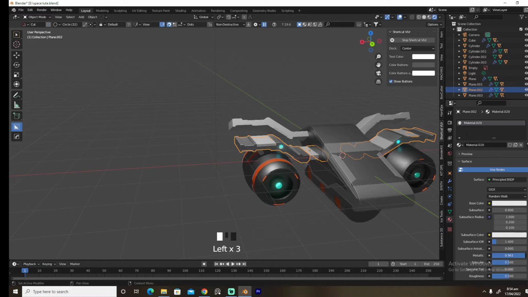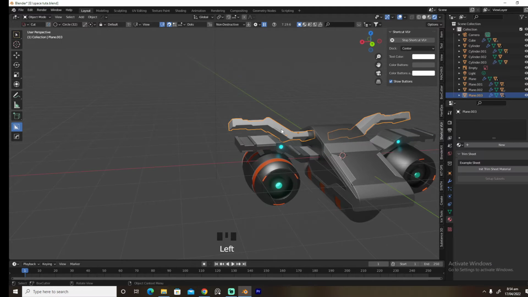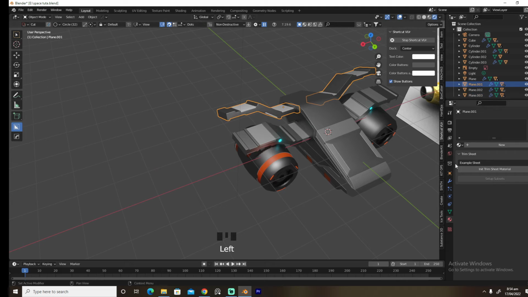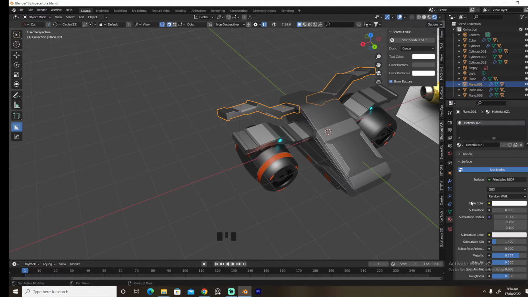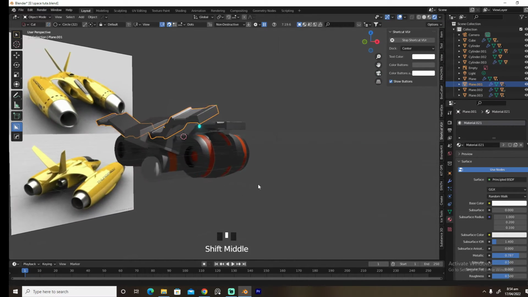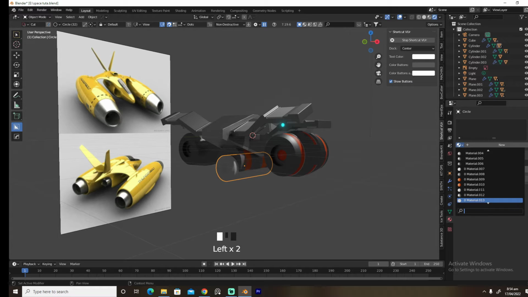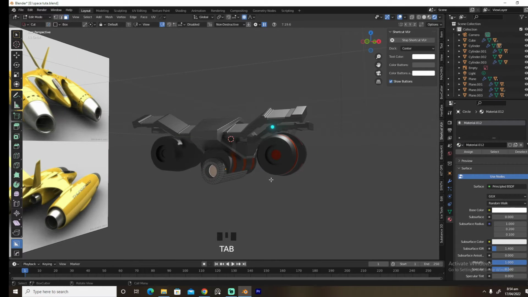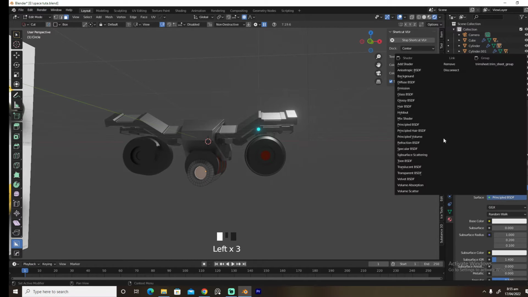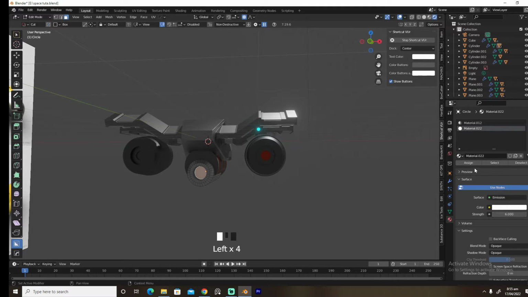And we're gonna give this a metallic, bring it down a bit, and we're gonna give this a metallic, and probably just a little bit like that, and we are going to give this an emission, and give this an orange color,